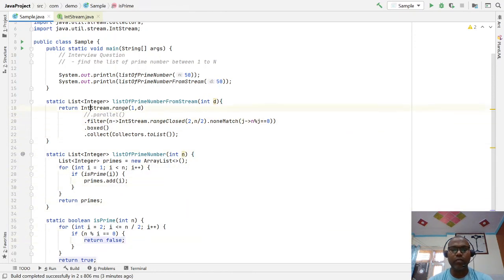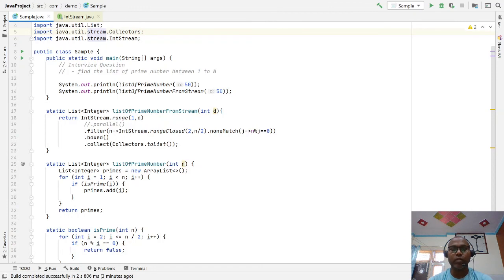So whenever an interviewer asks a question, we have two options. We can write the same code in an iterative or imperative style, or we can write the same code in the functional or declarative style, where we are using Java stream and lambda expressions. Lambda expressions generally suggest that you write code in an immutable way. Whenever your method does not mutate any variable, it can easily become a candidate for multi-threading.